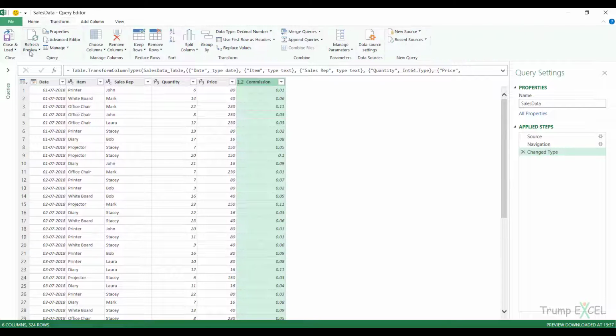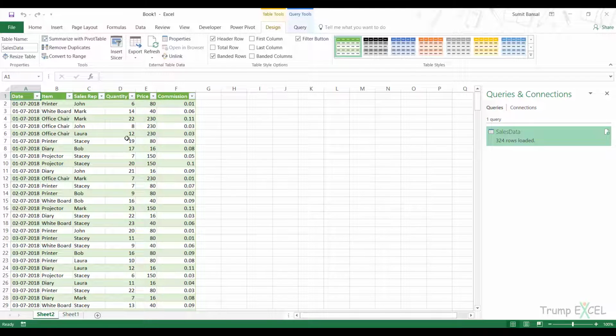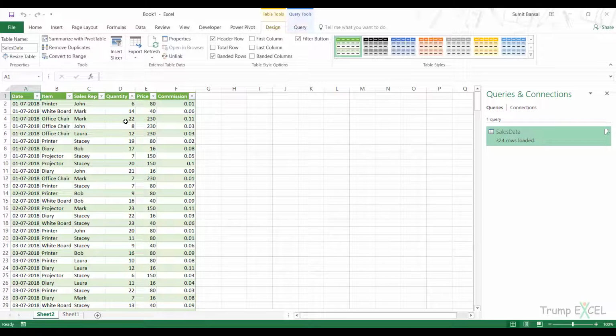And I can now go to Home, Close and Load. Now the benefit of using an Excel table is that it saves you a couple of steps. So if you have an Excel table in the source data file, then that's very good and you can get the data. Else you can also import the worksheet. Also notice that the name of the query here is Sales Data, which is the same as the name of the table we gave in the source file, and the name of this table is again the name of the query. So if you have the table with the right name, with the right format, you can very quickly, very easily get this data in your current workbook with Power Query,